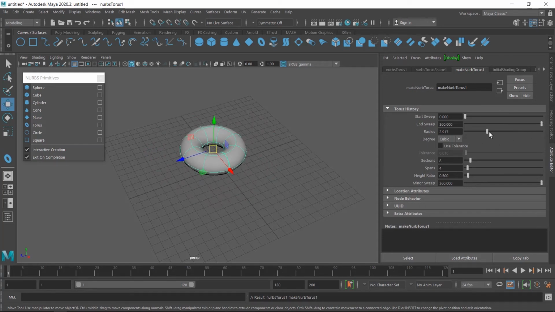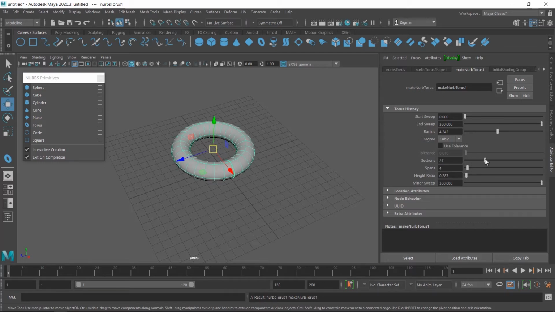and radius. Two types of radius are available here. First is for increasing the outer diameter and second is for this tube shape. I'll show you. The second sweep is the minor sweep. By click and drag you can open this shape like this, and the second is this. So you can increase or decrease the thickness of this tube shape by this radius, or you can also call it the hole radius.